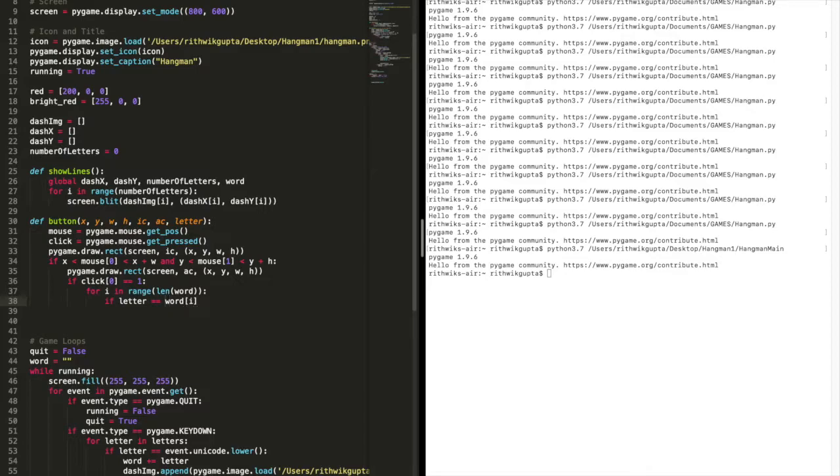So this is checking if we have cat, and this is the letter D. So first it'll check, oh, is D equal to C? No. D is equal to A? No. D is equal to T? No. So then it'll